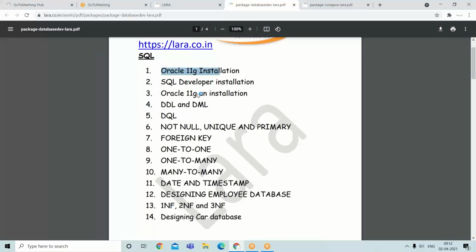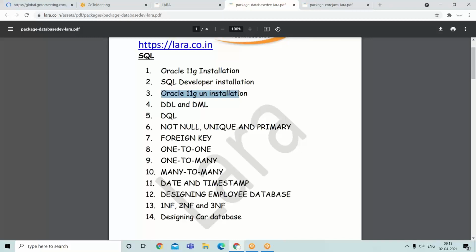While installing Oracle 11G, if you are getting any kind of issues, then you can follow the uninstallation properly, then you can do the installation. I have clearly explained how you can uninstall Oracle by removing it from the registry.